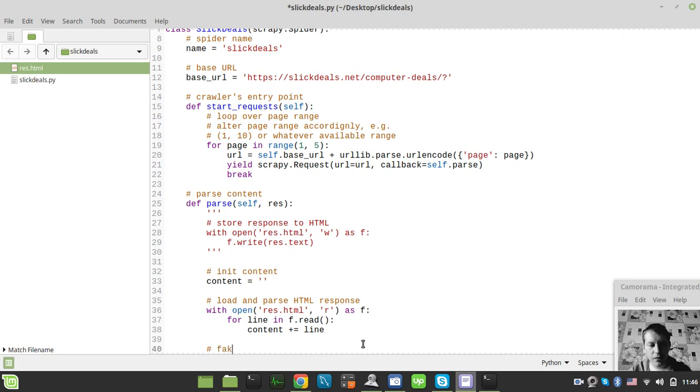Okay, and so here eventually I'll call this fake response object selector. And why do I call this fake? Well, that's because,